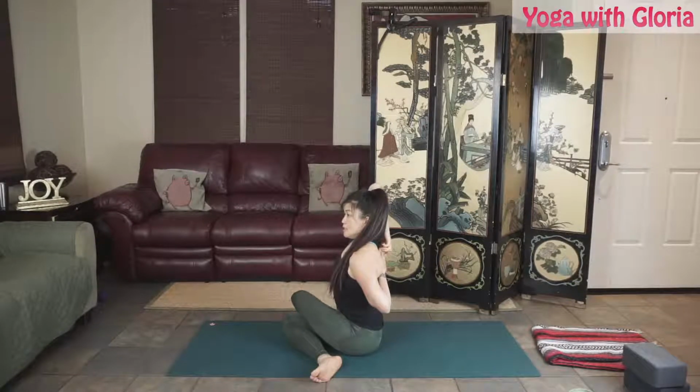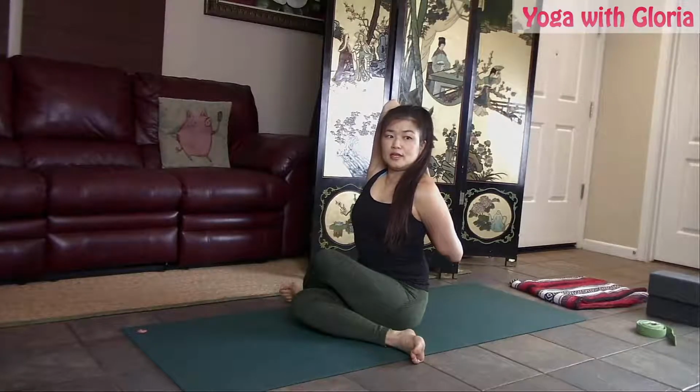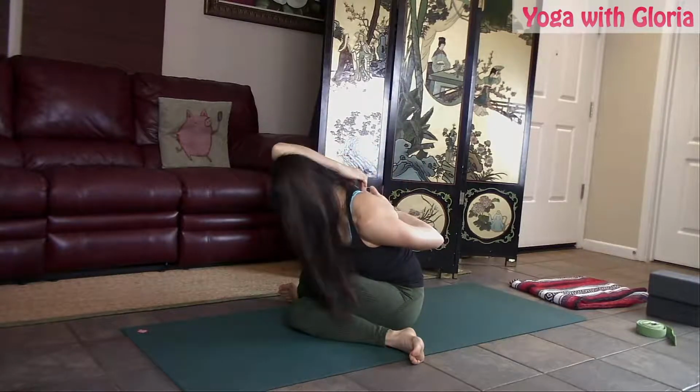This is a nice anti-computer, anti-work pose or anti-gaming pose. This is a good anti-gaming pose. Pressing back, opening up the chest and shoulders. And again, this is hard enough holding it right here. Stay here. Otherwise, if you're able to go deeper, bending forward,